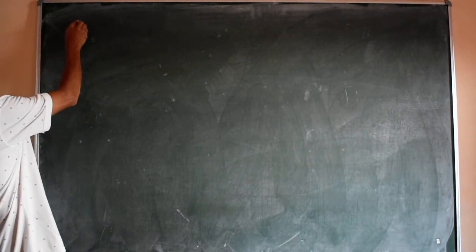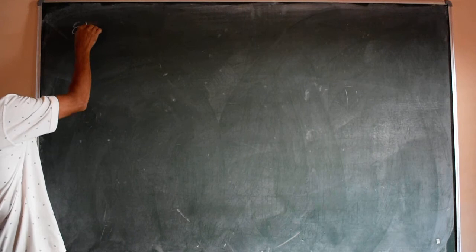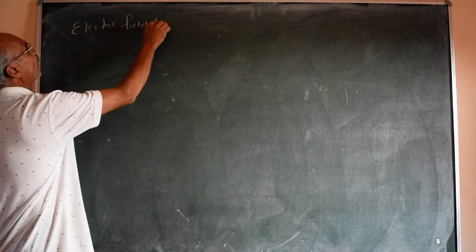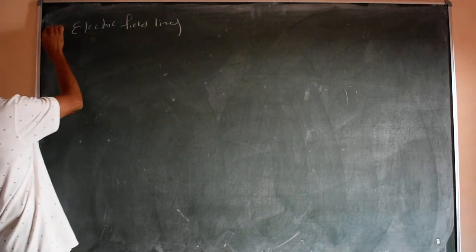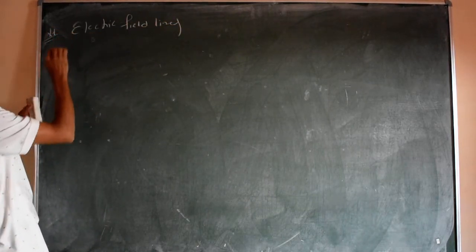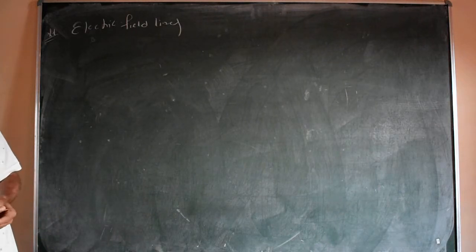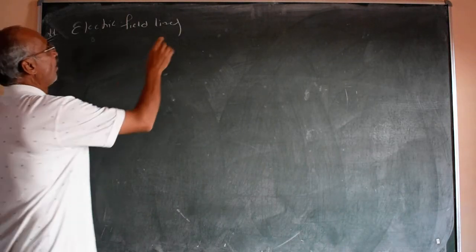Electric field lines. One definition: what are electric field lines? Define electric field lines. This is the definition. Electric field lines are